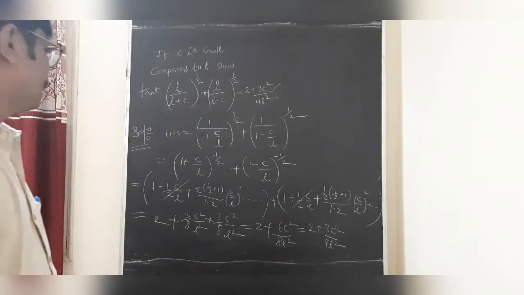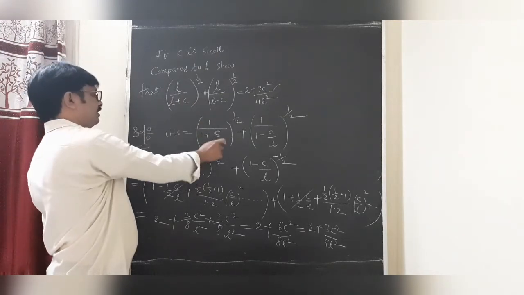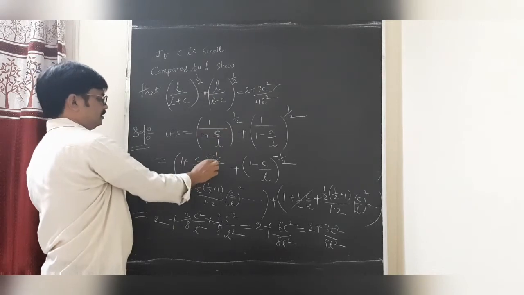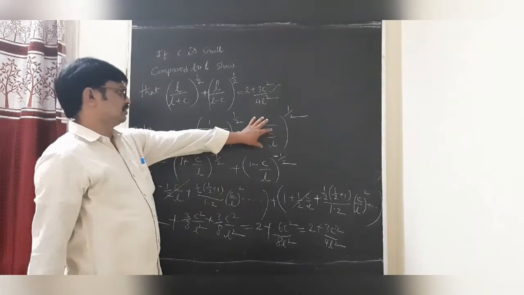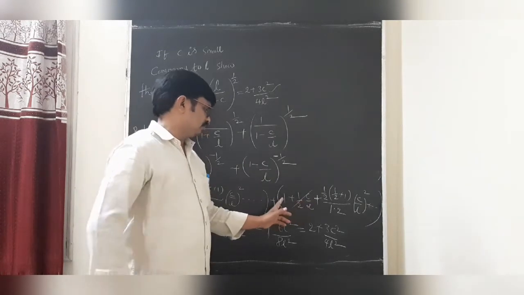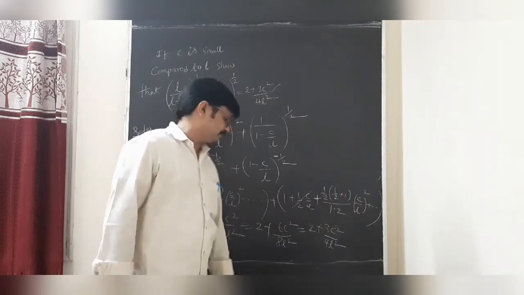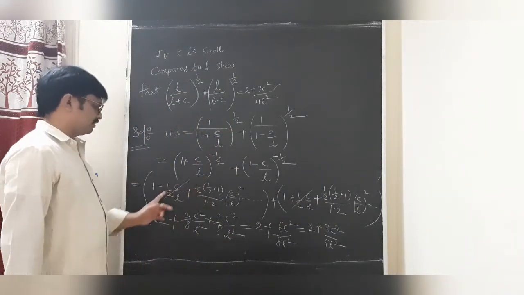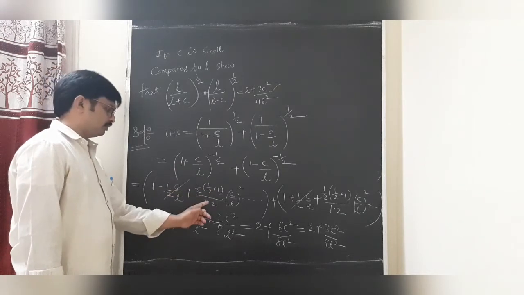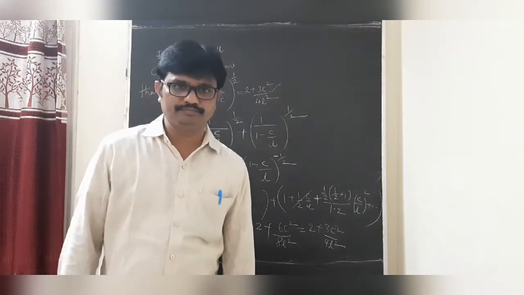Okay students, write down. So first of all, we divide numerator and denominator by L. This will be the reciprocal of this one, that is minus 1 by 2. This is also reciprocal. This is the complete form 1 plus nx, n into n plus 1 by 1 into 2 x square, and so on. This is 1 minus nx plus 2. Therefore, n into n plus 1 into 2 C square by L square. Okay, students, write down.